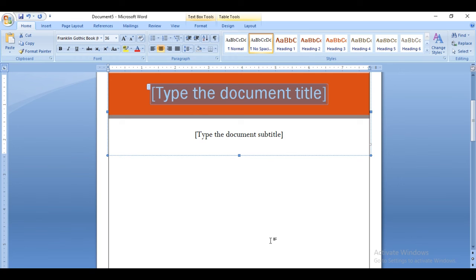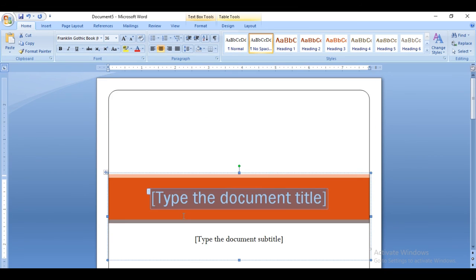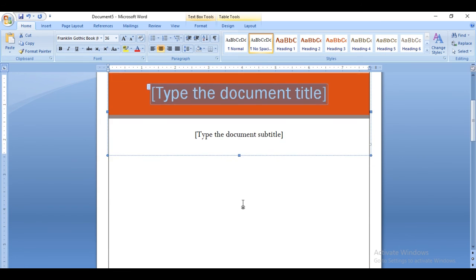In a time of hurry, you don't need so much patience to design everything and then type all this content. Here you get many options to choose a unique format for your document.